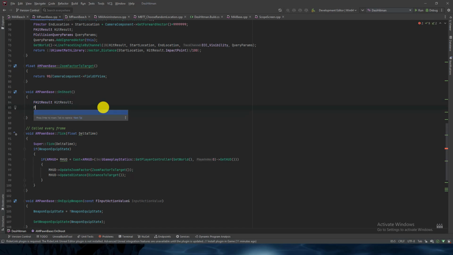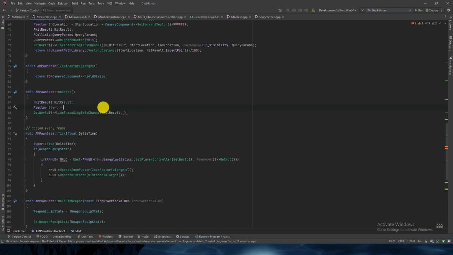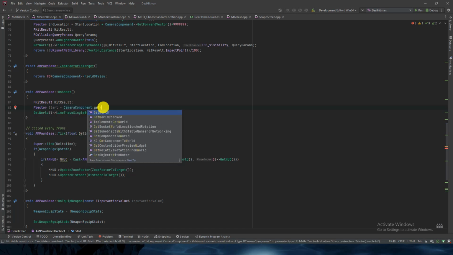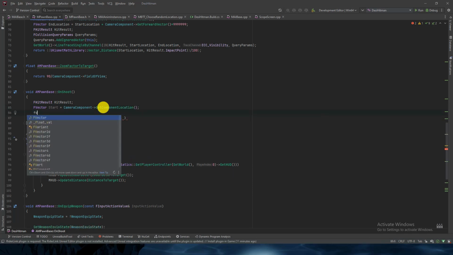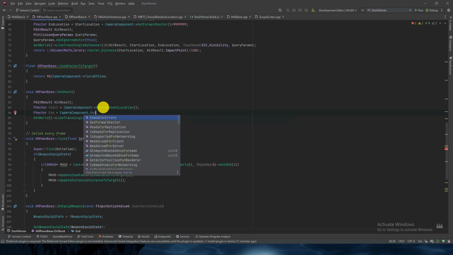So for the start vector, it will be the camera component GetWorldLocation, the component location, and FVector end is equal to camera component forward vector